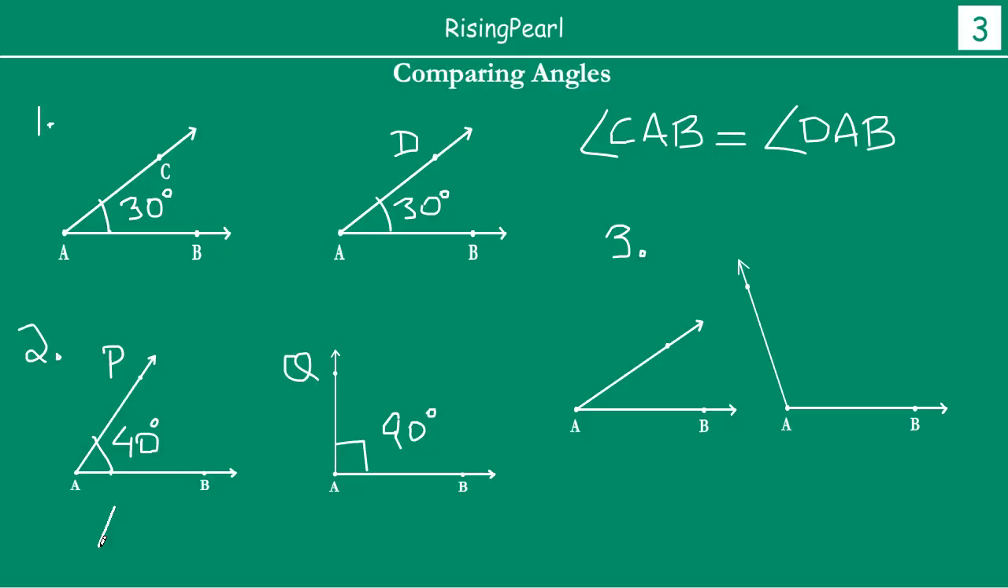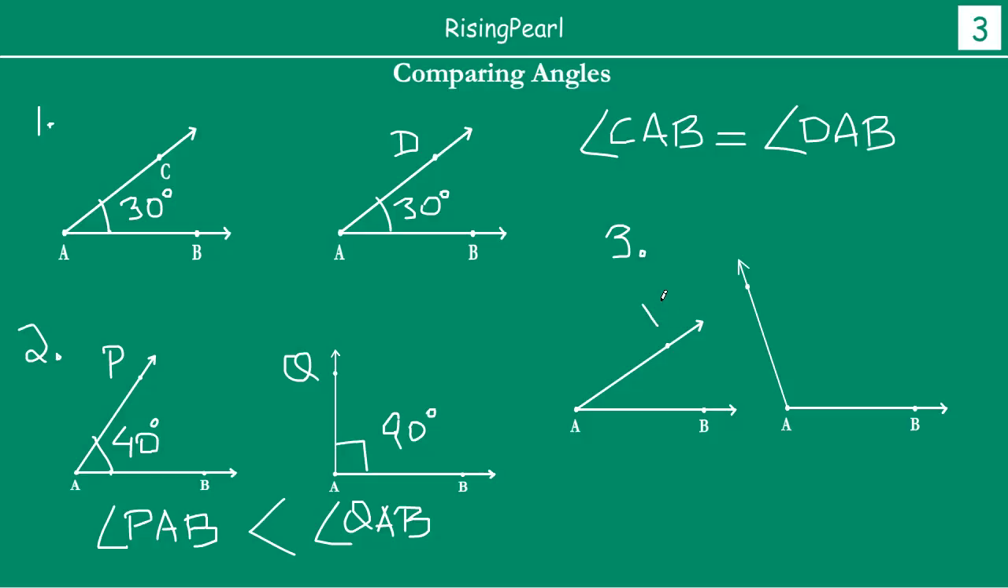So what we have is angle PAB, right? Now this is 40 degrees. The measure of this angle is 40, and this angle is 90 degrees. So we will say angle PAB is less than angle QAB. We can compare again the measurement of two angles, and in this case, friends, again in our third example,